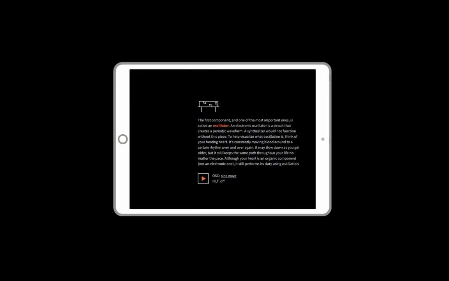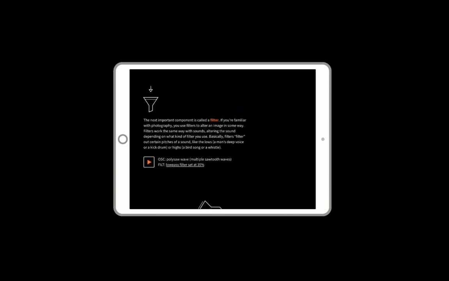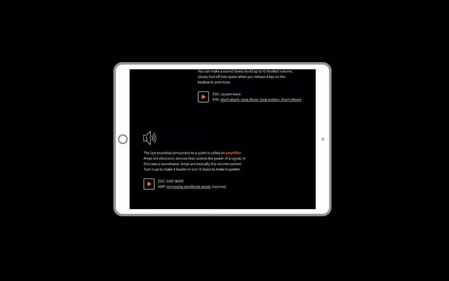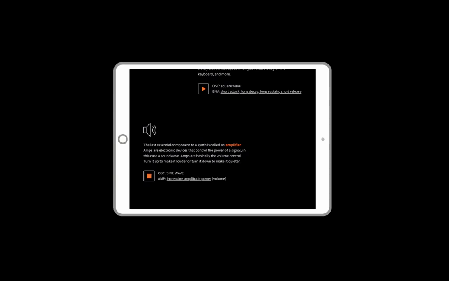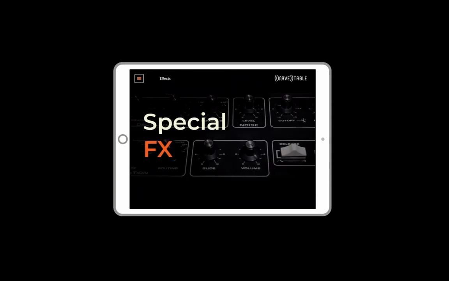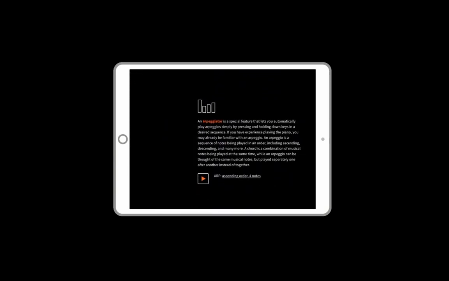An oscillator is an electronic part, with a sound example, a filter, so there's a filter icon, an envelope, which we'll get into later, an amplifier, which just increases volume, some special effects that teaches people about extra features in some synths.